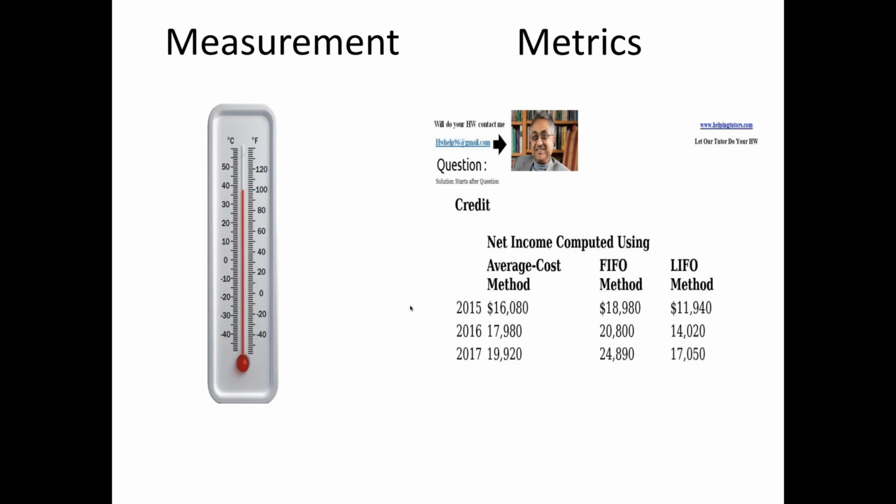to measure that, right? So the difference between a measurement and a metric is, if we were to walk outside right now with a thermometer, or even two thermometers, let's say, and let's say they're relatively quality thermometers, we're going to get a real accurate measurement. It's not going to change depending on the thermometer, right? But why is it that net income, and also look at the difference here between these methods on net income, how can this be a precise measurement of anything if the number that results is determined by the method, which is really the assumptions that we have about what operations is, right?